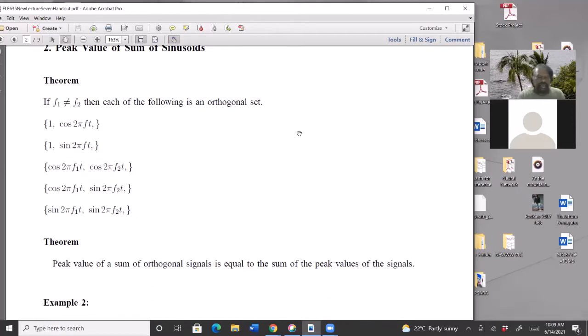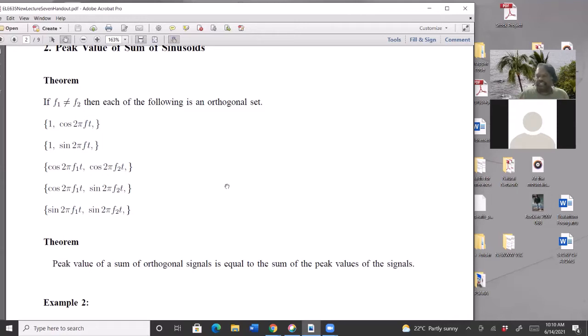Okay. Now this orthogonal thing, you can do this whenever the signals are orthogonal, and in the first lecture I mentioned which signals are orthogonal. For example, a constant is orthogonal to cosine, a constant is orthogonal to sine, and two cosine signals of different frequency, as long as f1 and f2 are not equal, are orthogonal. Any cosine and any sine, they don't necessarily have to be the same numbers, even if the frequencies are the same, are orthogonal. So whenever you see this, if you need to calculate the peak value, you just add the peak values